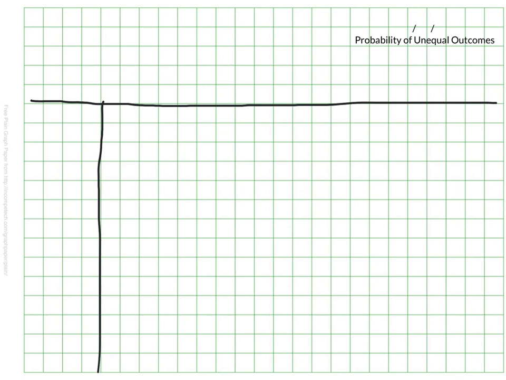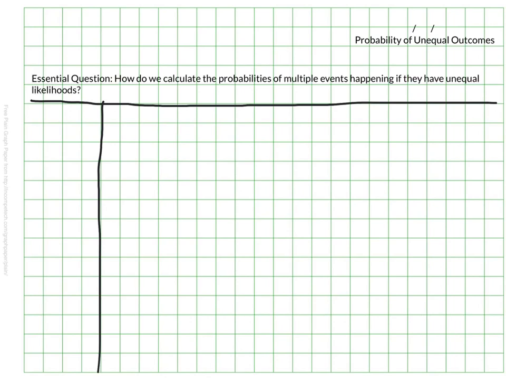This video is going to cover the topic of calculating probabilities with unequal outcomes. Be sure the date and topic are at the top of your page. The essential question for this video asks, how do we calculate the probabilities of multiple events happening, especially if they